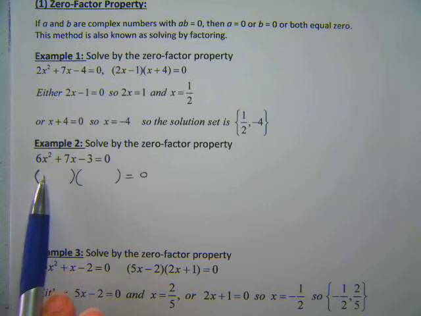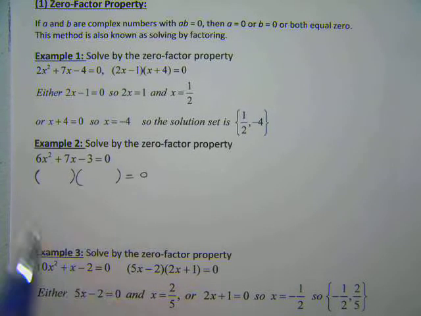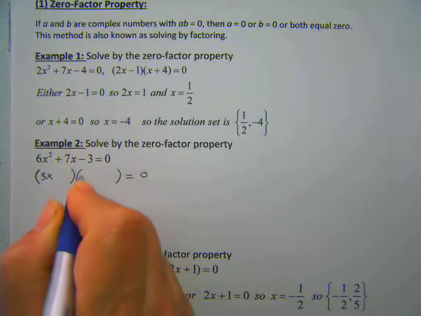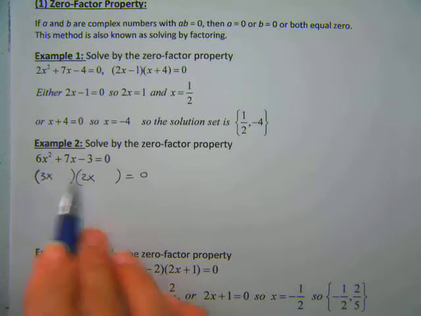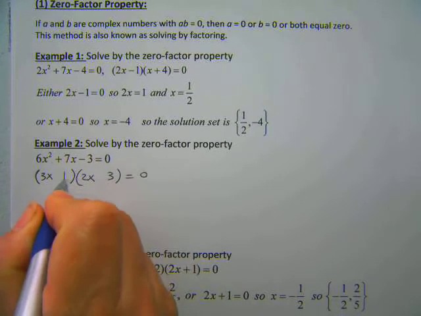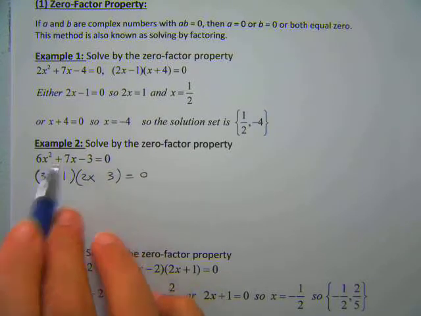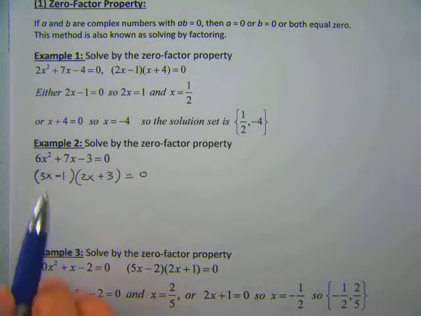So 6x squared, it could be 6x times x or 3x times 2x. I feel like it has to be 2x times 3x. And the 3 is a prime, so the only way it can be is 3 times 1. So if I put a 3 here and the 1 here, I can see that 9 and 2, they're different. So yeah, that's going to work. So 3 times 1, and the bigger one is positive. Bigger meaning the one that gives me the 9, and the smaller one. So now we check it by